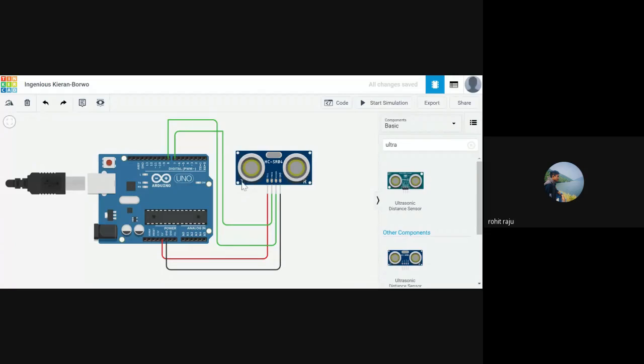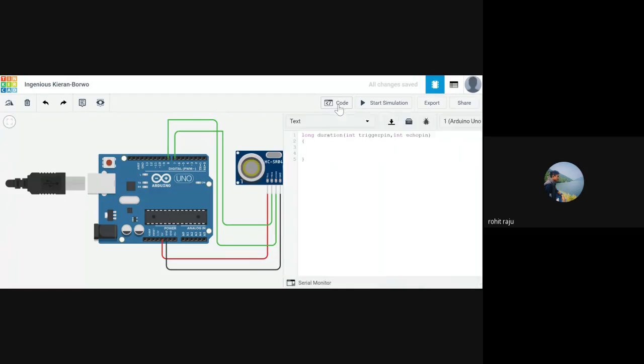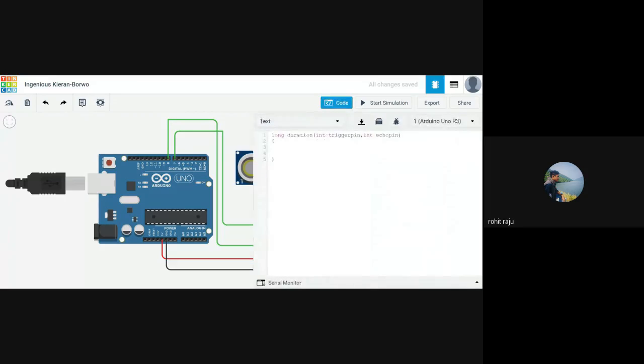This would be acting as an output, and the receiver would be acting as an input, because this is where we need to calculate the time. First we need to set the pin mode here. Trigger pin, let's set that to output.